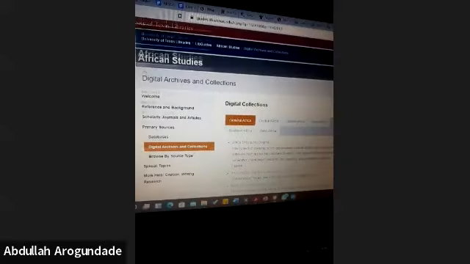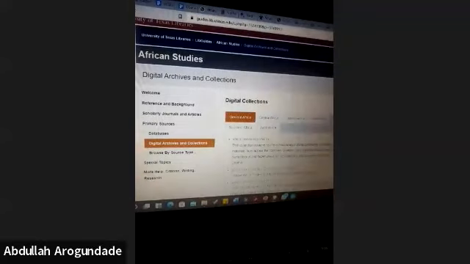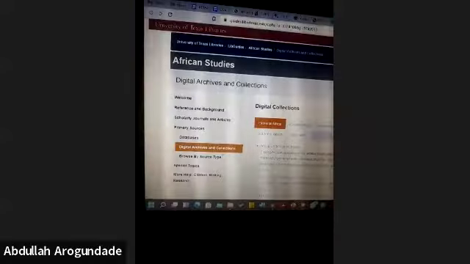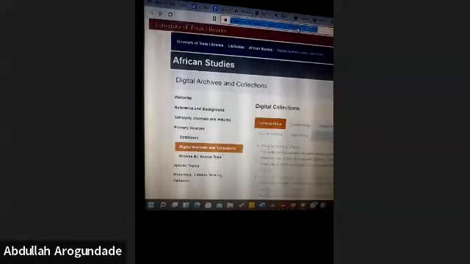It's here. I can read it now. Can you read it clearly? Well, not the fine print, but I see digital archives and collections, digital collections, welcome, reference and background. Okay. If you take us through, we can just follow along with the screen that way. Okay. What I'm actually showing you